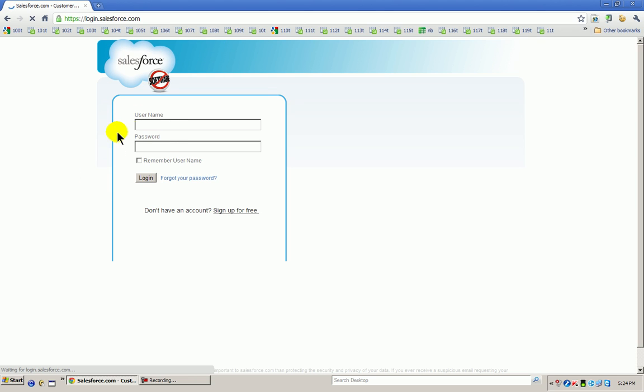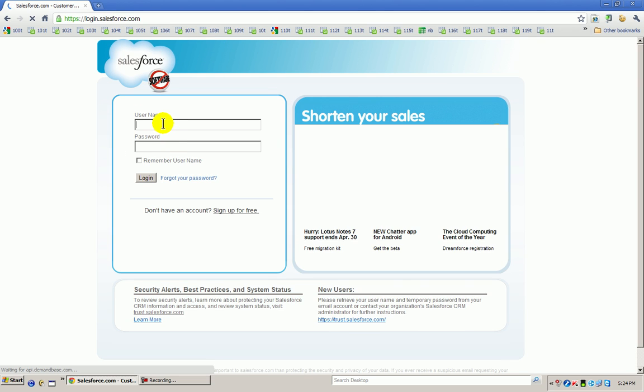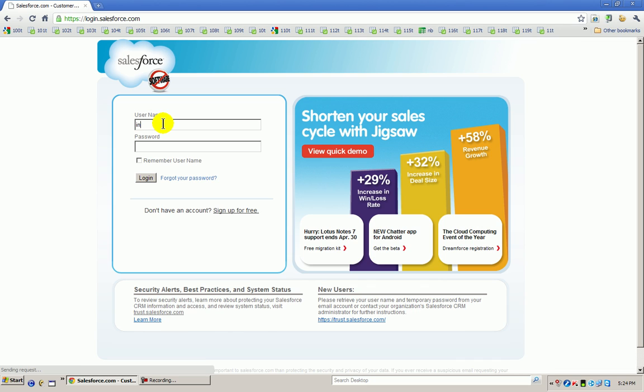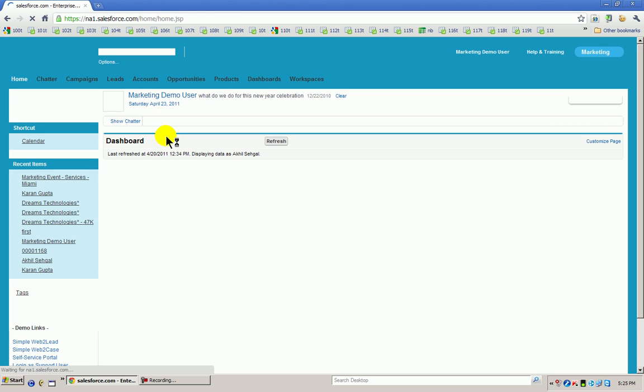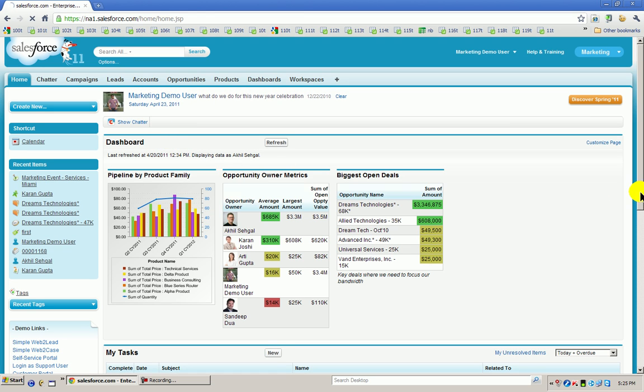Now here you have to give the User ID and password. And if I understand it correctly, this Salesforce.com also has a 30-day trial period for people, right? Right. For companies there is a 30-day free trial available. As an organization, a total of 5 people can log on to that trial and use it for a 30-day period, and they can make use of the full functionalities of Salesforce.com.